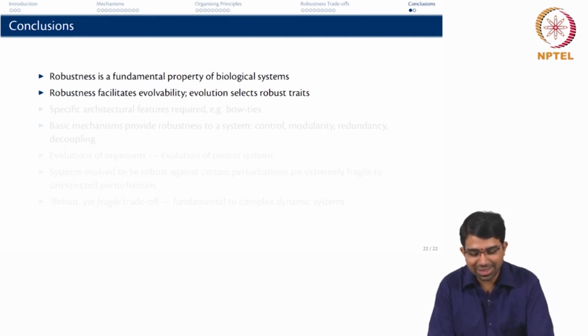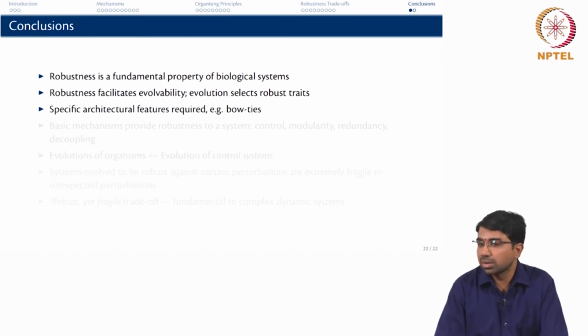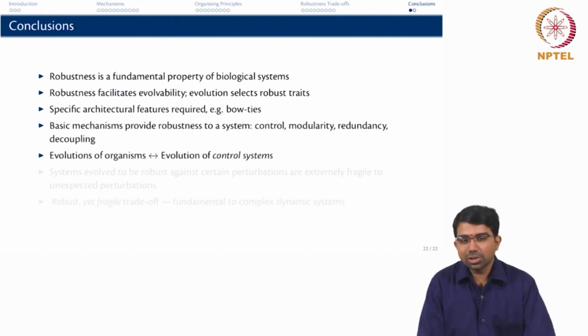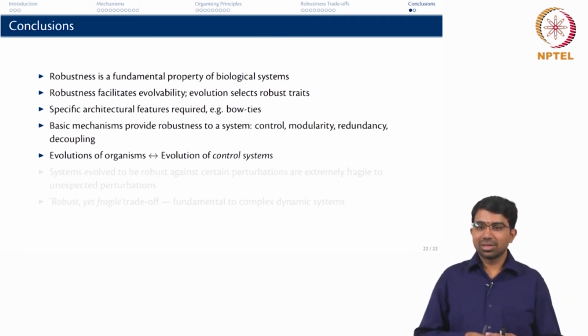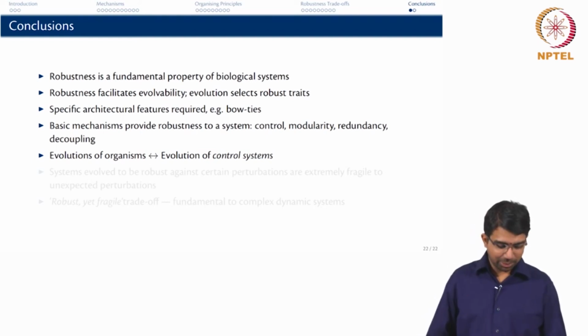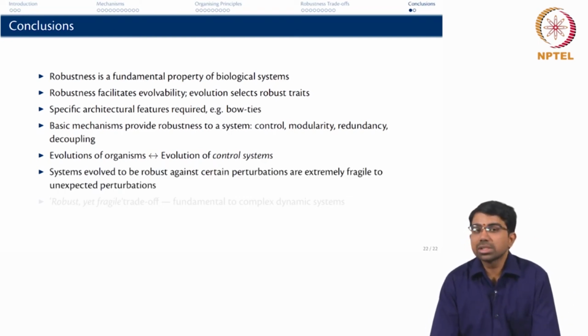We will see how these seemingly contradictory concepts are very well aligned with one another, and there are specific architectural features that are required, like bow ties or power laws and so on, and the basic mechanisms that we saw are control, absolutely important, modularity, redundancy and decoupling. And you can think of the evolution of organisms as actually evolution of control systems, right. So, how can you better evolve control systems, right. Because an organism cannot evolve in isolation, the entire control system as a whole evolves, and the one catch with many of these systems, like our scale free networks, is that if they are robust under certain perturbations, they are extremely fragile to certain other perturbations,